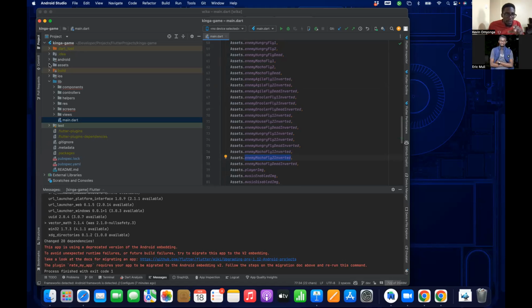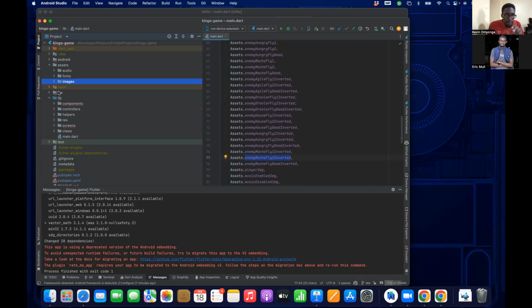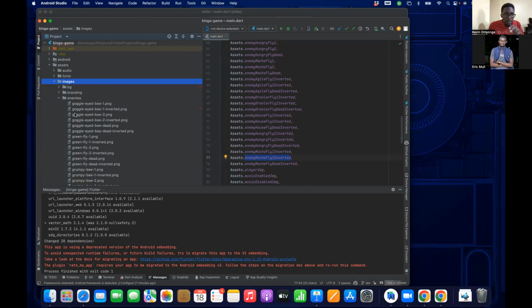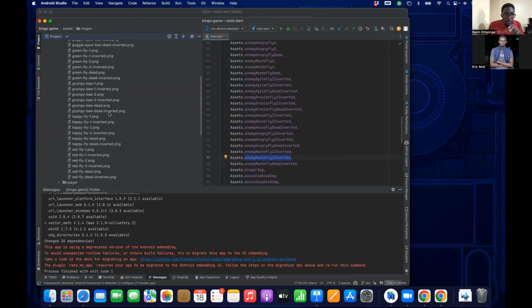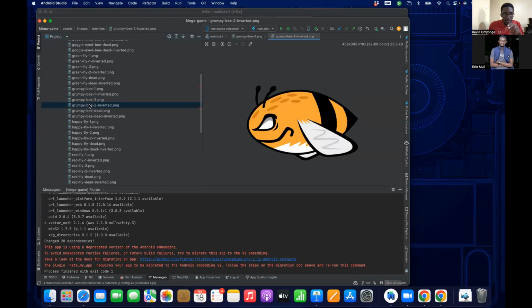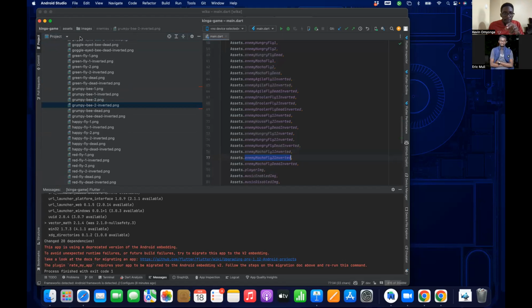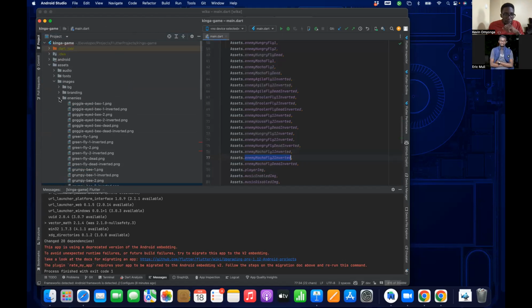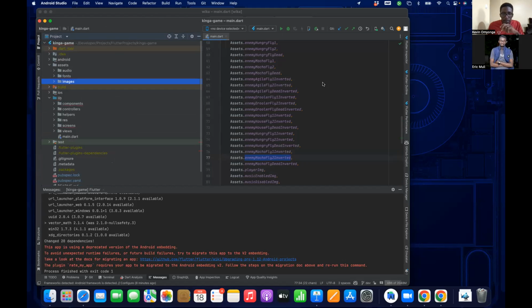I did the same thing with the images for the enemies: Grumpy B, Grumpy B2, and Grumpy B2 inverted. All of that I had to do manually, and it was not a good time.